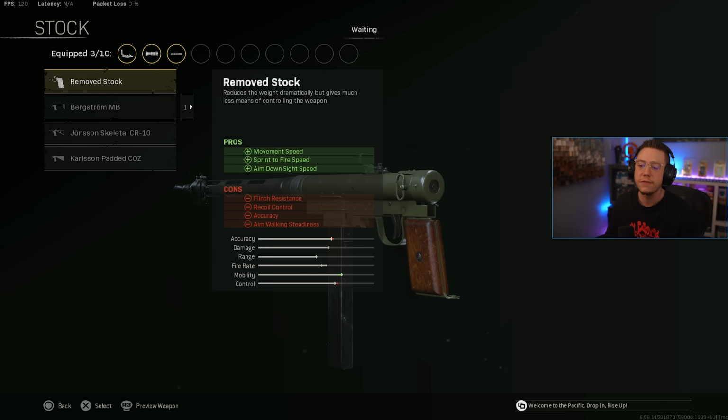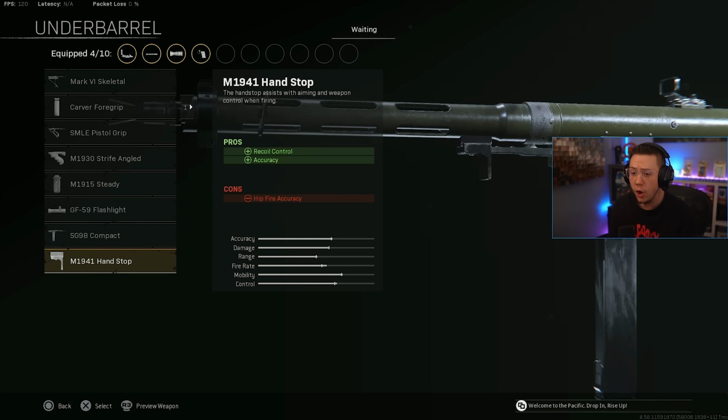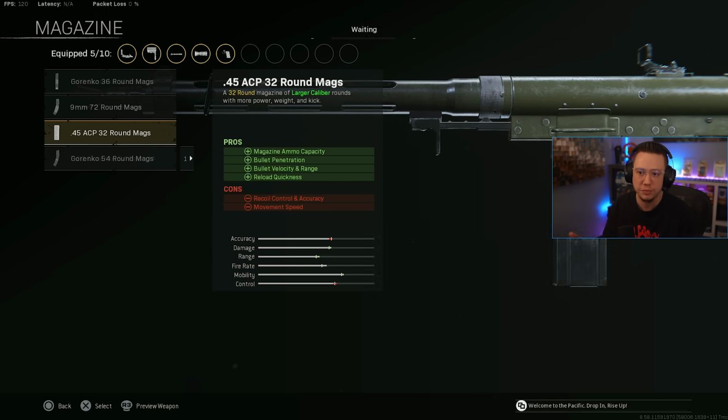In my opinion, though, for the most versatile setup to do well up close in sub ranges against things like the MP40 and the Owen gun, you probably want to have remove stock on here, because other attachments here can help out in those mid-range areas where this gun I think is primarily going to be used. Definitely going for hand stop in this case for that better control. That's a no-brainer. The magazines, right away we can count out the Gorenko 36 and the 45 ACP, just because